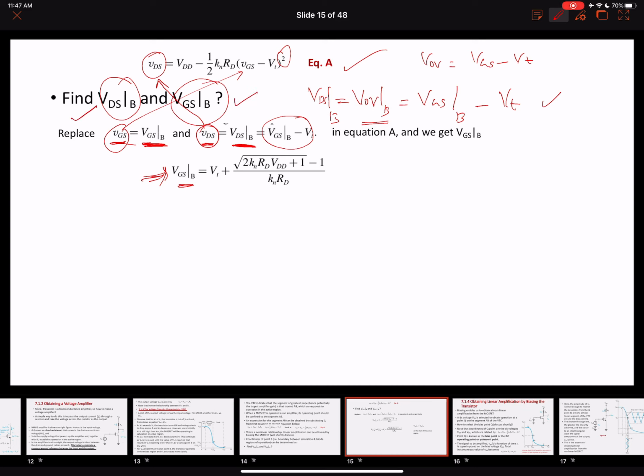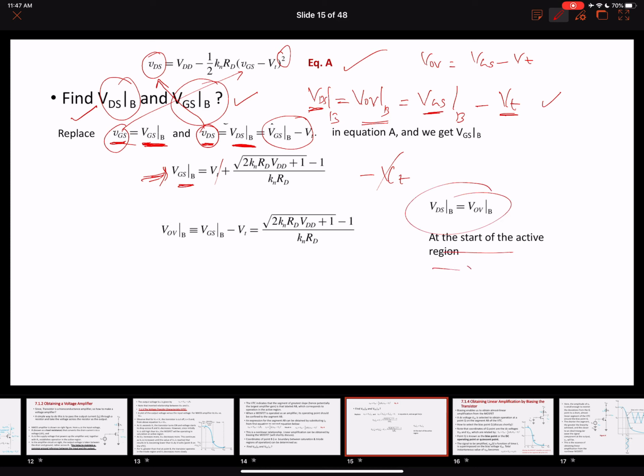If you subtract VT, which will subtract these two terms, this becomes your overdrive voltage, VDSB at the start of the active region. So this is your overdrive voltage, which is again VGS minus VT. This was your original VGS, and if you subtract a VT from there, you can find the overdrive voltage. Okay, so this is the end of the small